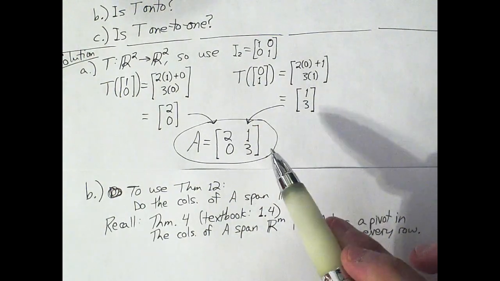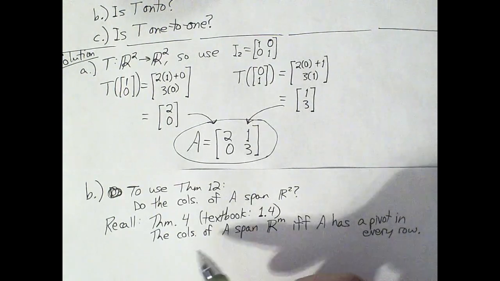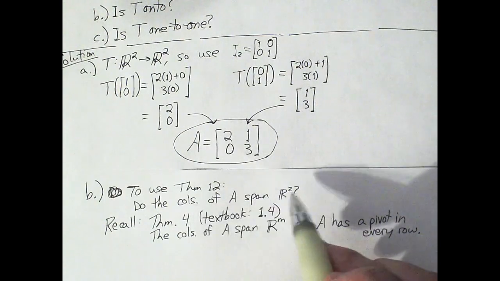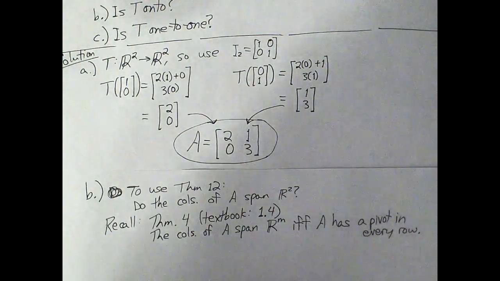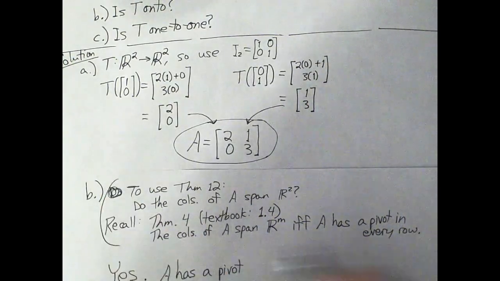We could look at this matrix and figure out, does it have a pivot in every row? If it does, then the columns of A span R2. And if the columns of A span R2, then by theorem 12, it's onto. So I am going to say, yes, A has a pivot. So this stuff up here was kind of scratch work, a little bit messy, but I'm going to